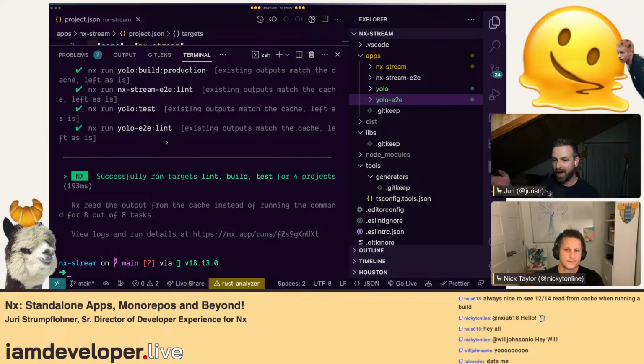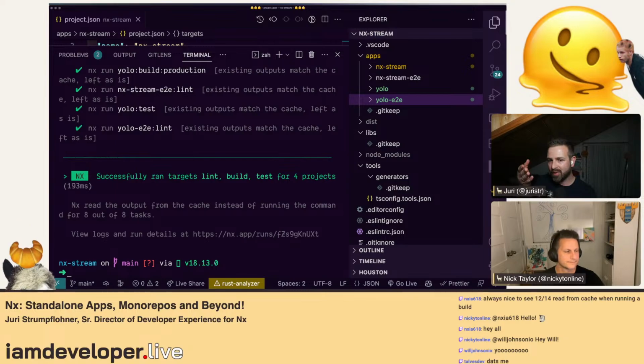Generators, for instance, or the caching, that type of thing, right? And so that's why, I mean, the structure here, the apps and libs folder, those are just conventions, right? We can rename them and adjust them basically. So it didn't cause us a whole large effort to create those standalone setups, right?